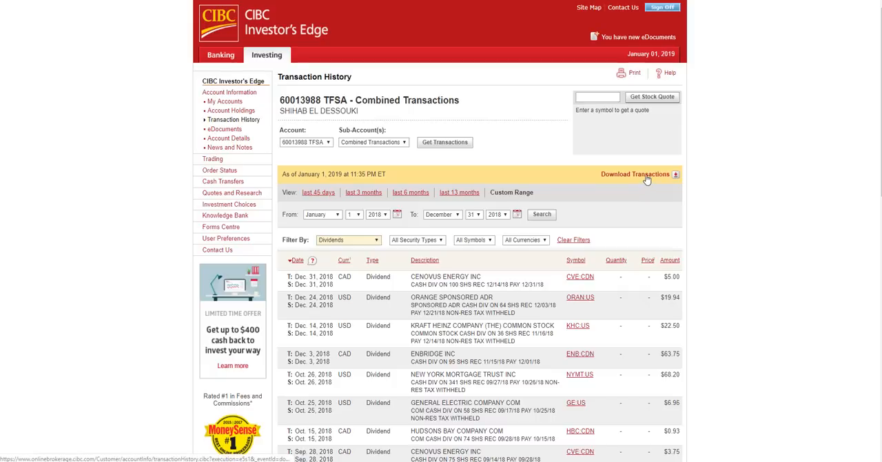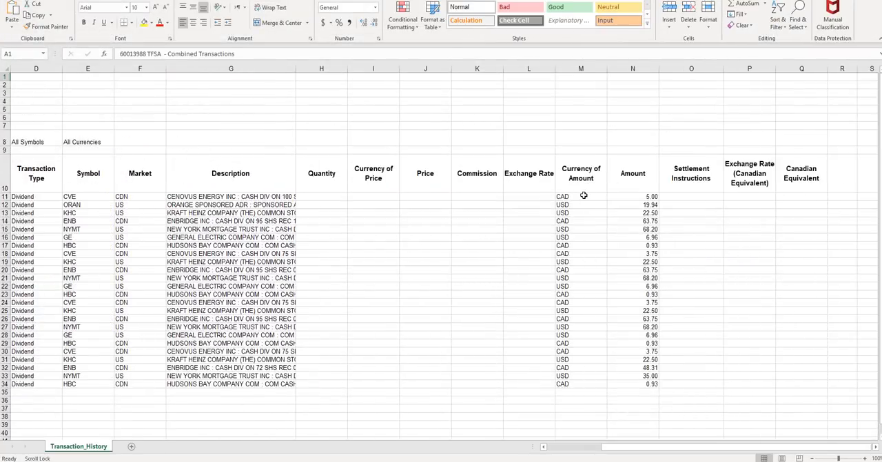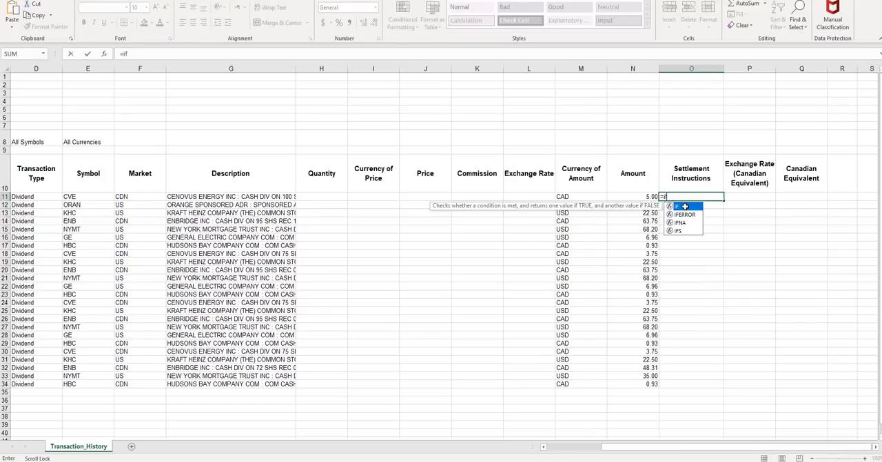So I'm going to click on download transactions to get it in Excel format. Open the Excel file, enable editing. Of course I've got Canadian and US, so I'm going to have to filter on the US, or maybe just add a formula here to convert to Canadian. So a quick if function. So if this equals